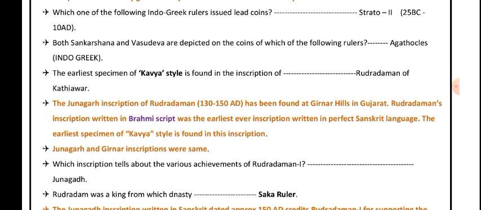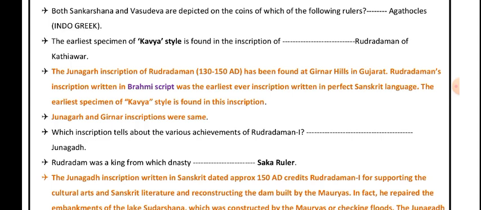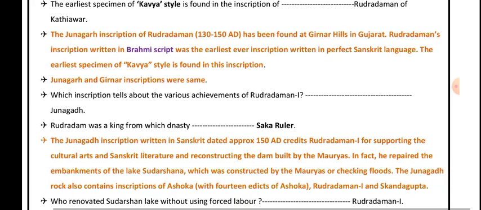Both. Sankarshana and Vasudeva are depicted on the coins of which of the following rulers? Agathocles, Indo-Greek. Vasudeva depicted on the coins. Both. Sankarshana and Vasudeva are depicted on the coins of which of the following rulers? Agathocles, Indo-Greek. The earliest specimen of the Kavya style is found in the inscription of Rudradaman of